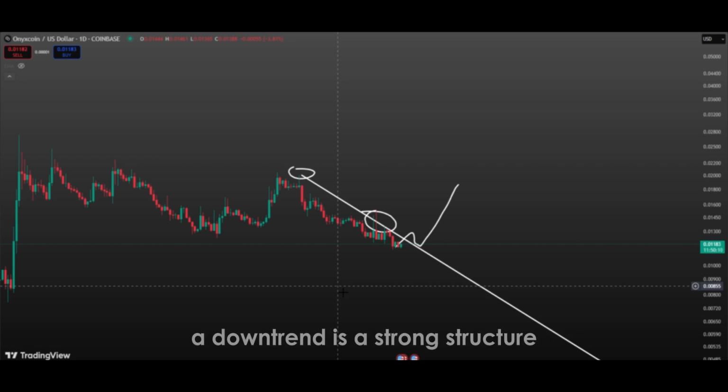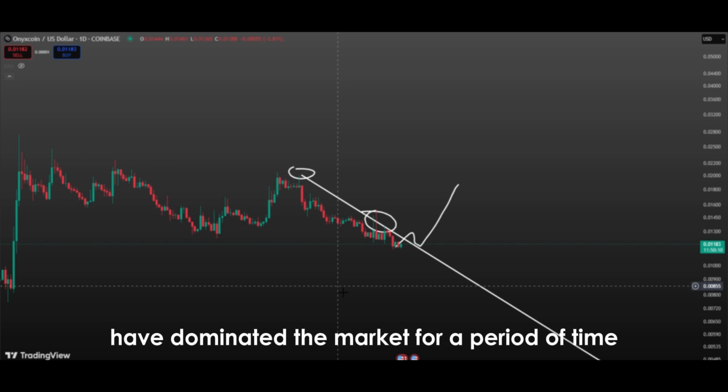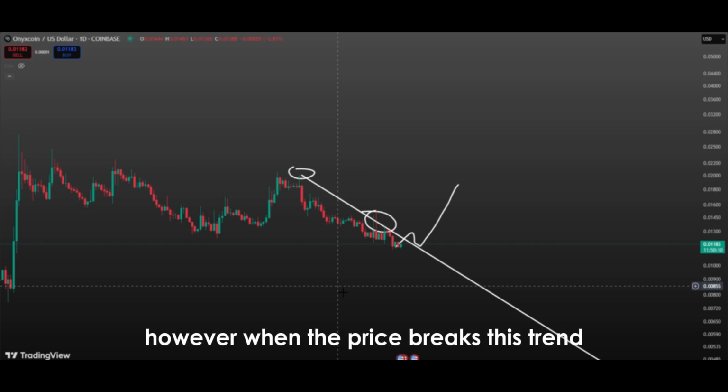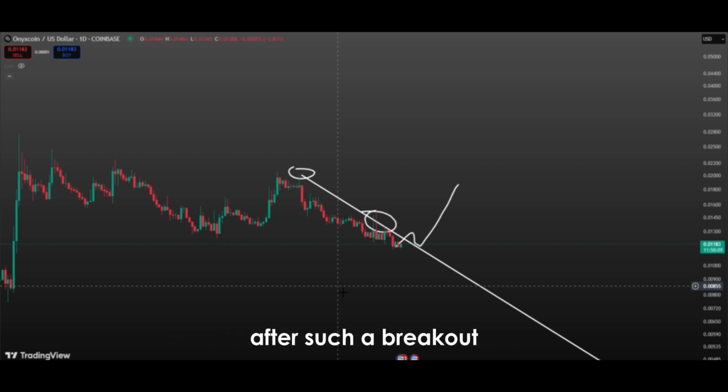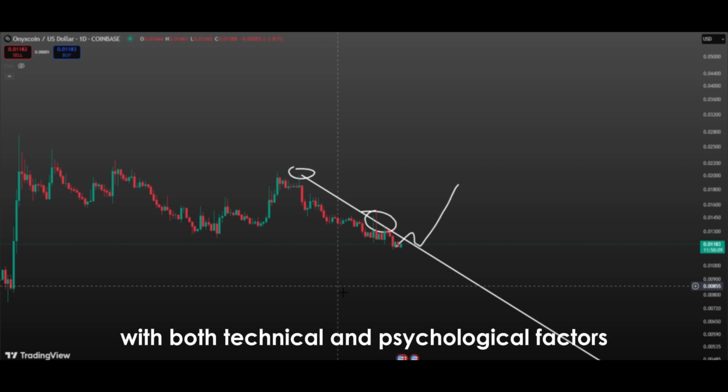In conclusion, a downtrend is a strong structure that shows sellers have dominated the market for a period of time. However, when the price breaks this trend, it signals a change in market balance and that buyers are gaining strength. After such a breakout, the price often enters a new uptrend, with both technical and psychological factors starting to favor